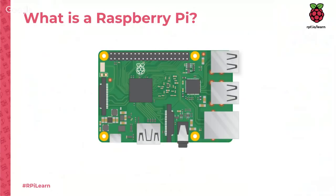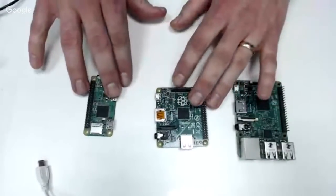And we go to lots of events and talk to lots of people, and this is a question that we often get asked. It's a very interesting, quirky name, and people don't quite necessarily understand what it is all about. So we're going to have a look at a few different Raspberry Pis and talk a bit about what they are. So we're going to switch to the camera now, and you can see here that we've got 3 versions